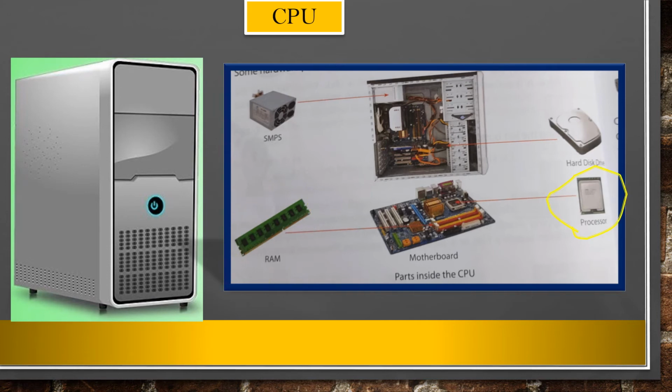Processor. Processor is the actual processing device of a computer. The main parts of processor are ALU, CU, MU. ALU is arithmetical logic unit and ALU carries out the mathematical and logical operation. CU means control unit, controls the transfer of information from one part of the processor to the other part. Now MU, memory unit. Memory unit stores data in a computer.